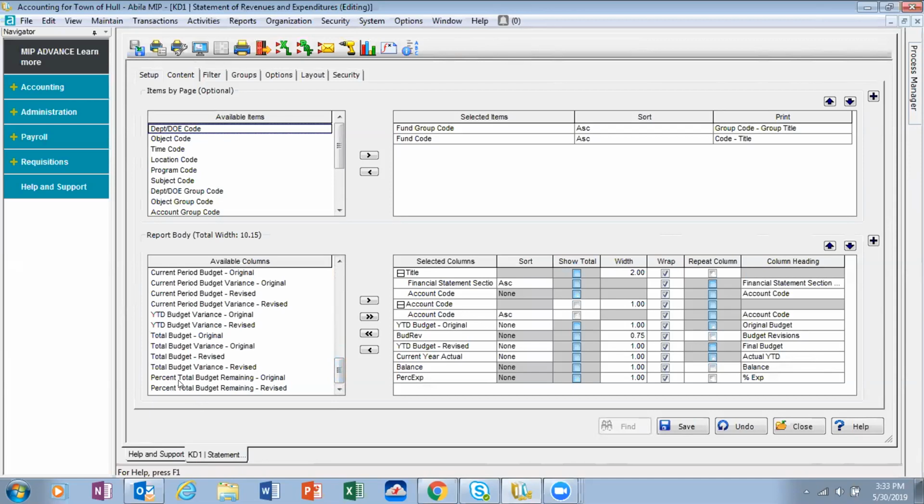Notice the 2 on the bottom talking about percent total of your budget remaining, whether you're doing a comparative back to your original budget or your revised budget. Well, that's fine, but you know, I prefer to see percent used or expended in this example versus percent remaining. Is that basically a data item that I can select from the list on the left? And the answer is no, it's not there. And I might get a bit frustrated by that, which sometimes I do. But what happens here is